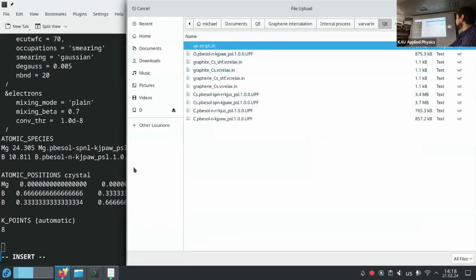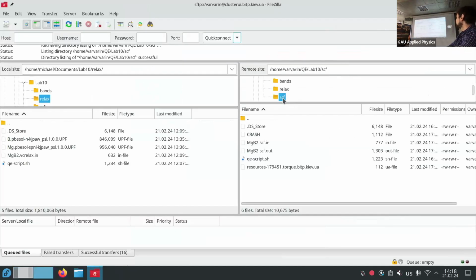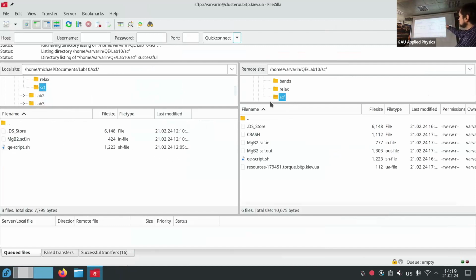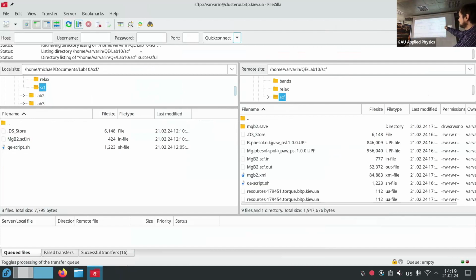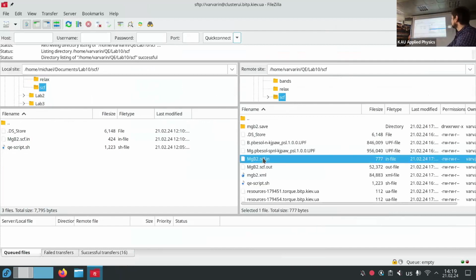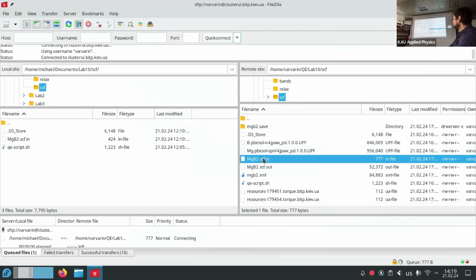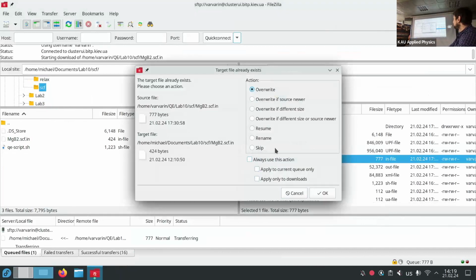It doesn't matter. First of all, I need to copy it, maybe on the desktop. You can refresh this folder in EFC. Overwrite.